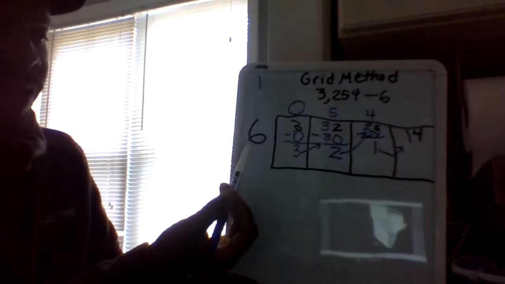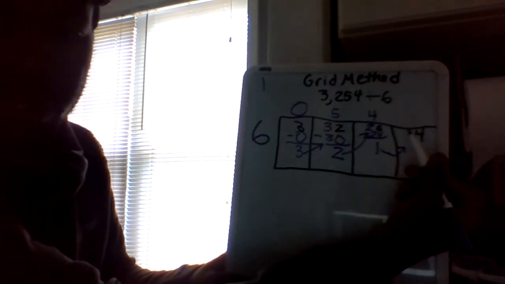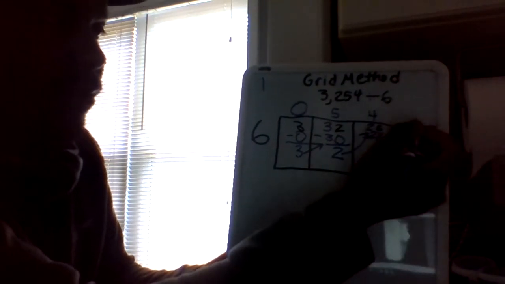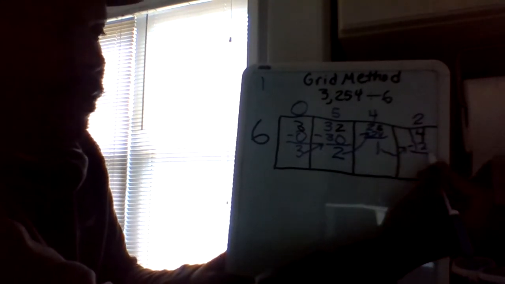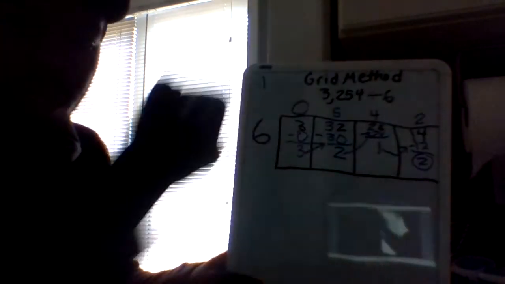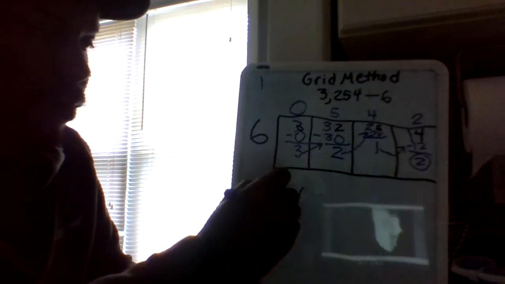So how many times will my divisor go into 14? It will go twice because 6 times 2 is 12. 2 goes up top. I take away 12. What do I have left? 2. So my quotient, or my answer, is 542